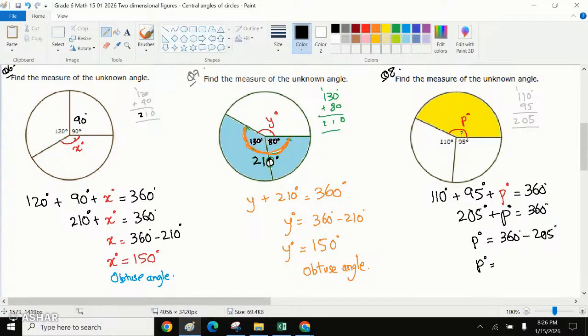sure, 160? We have a 95, it cannot be 160. Please confirm. 110 plus 95. 110 plus 95 is 205. What is 360 minus 205? Okay, let's do it like this. If 360 was given to us, we had to subtract 205. Let's subtract 200 first. 360 minus 200 is 160. Then we had a 5 left. So 160 minus 5 is